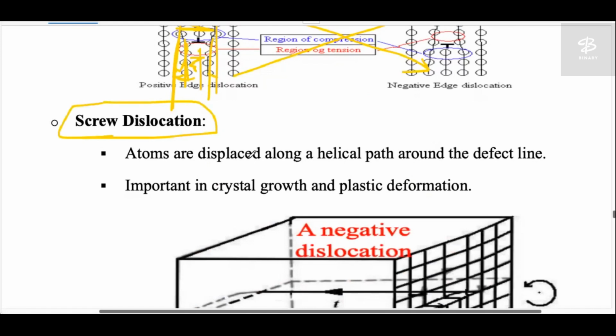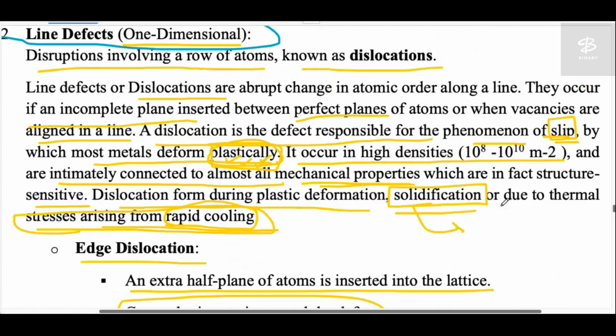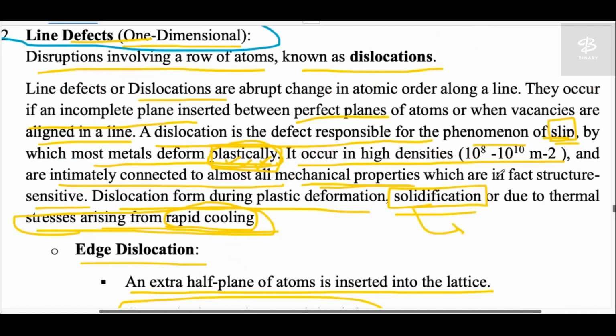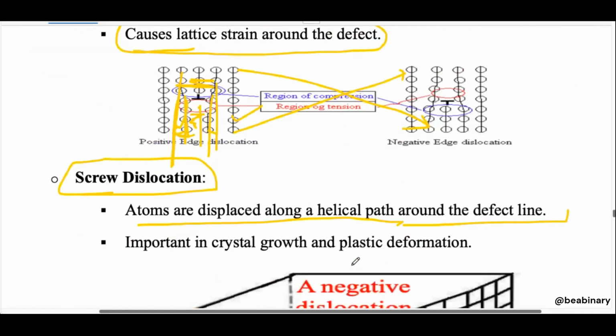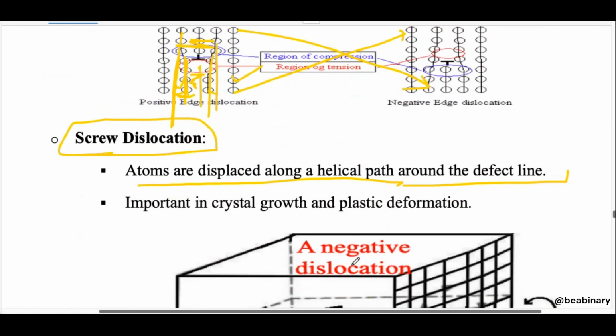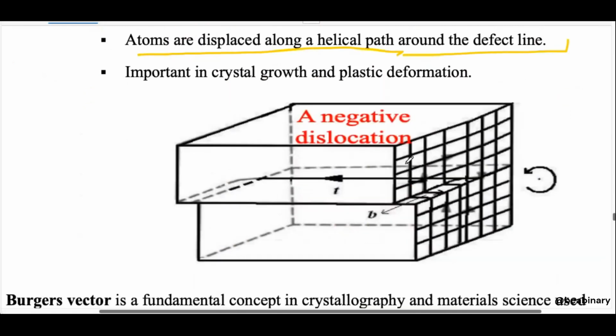What is screw dislocation? Atoms are displaced along a helical path around the defect line. So the defect line is there; this is the line defect. This was just an edge dislocation. After the edge dislocation, the material will screw. Screw means the movement along the helical path, or you can say a little bit of slip. If everything would be perfect, then this line must be shown